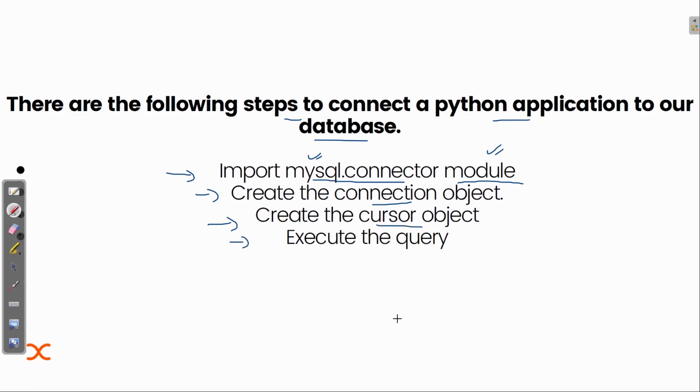We are going to see the exact use of the cursor object, but just understand this very basic concept. In the third step, we need to create the cursor object. And in the fourth, the last part, we use the execute function. We know that the execute function is inside the cursor object, and you can pass any query inside it, such as creating a new database, or selecting this data from this table. You can write any query.